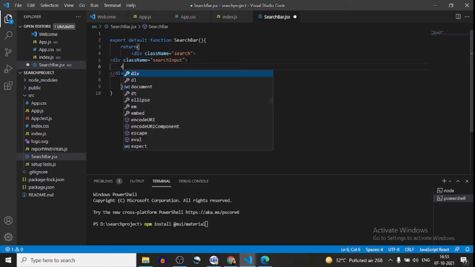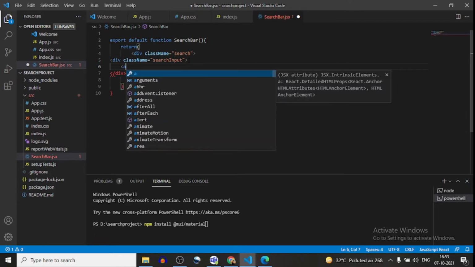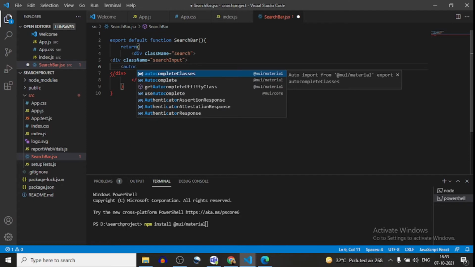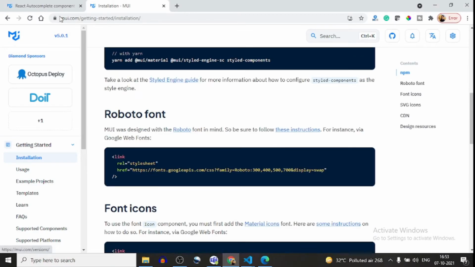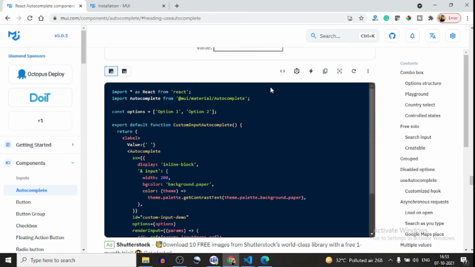Now inside this I will implement Autocomplete. Once you include Autocomplete, it is automatically imported from MUI slash material. Now a few properties I will copy and paste from the Autocomplete example.